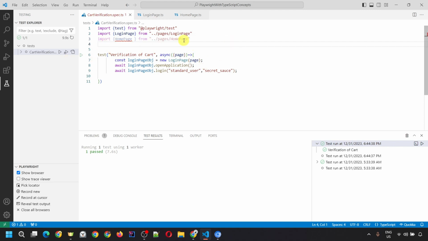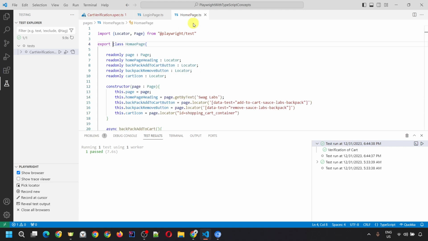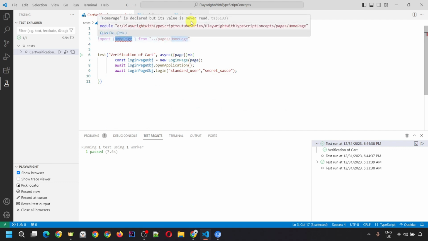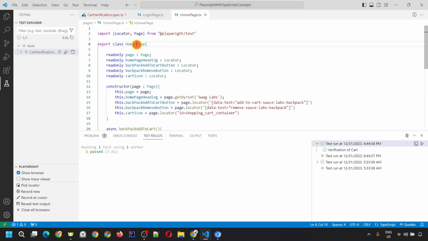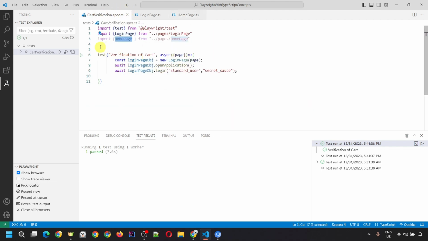So now once we imported this homepage, it is telling we have not exported the homepage. Why so? Okay, the spelling is wrong. See, the class name should be similar to the class name. So we need to correct this class name. I have given the wrong spelling here. Home page. Okay, so now as we have imported the home page,